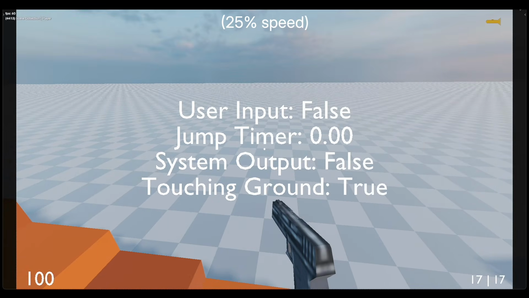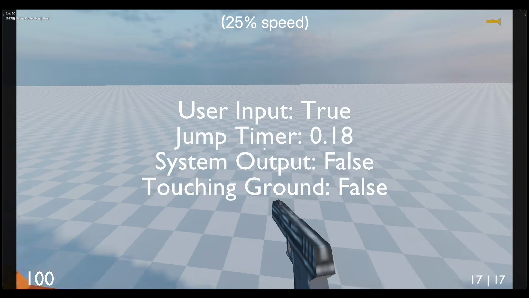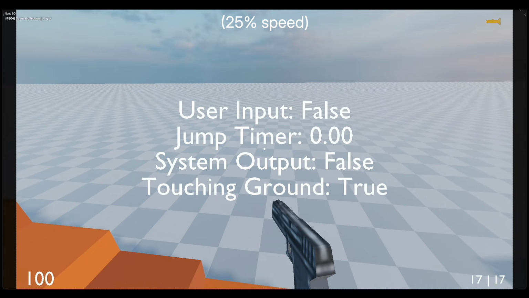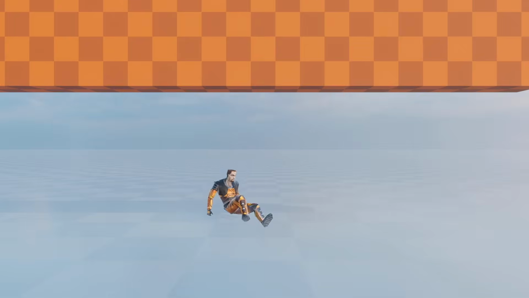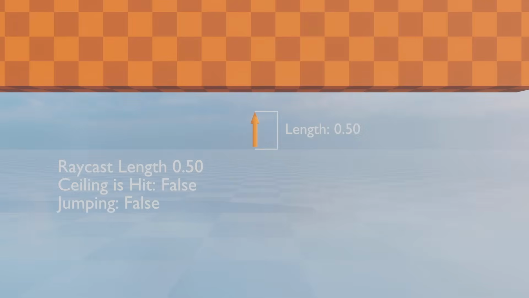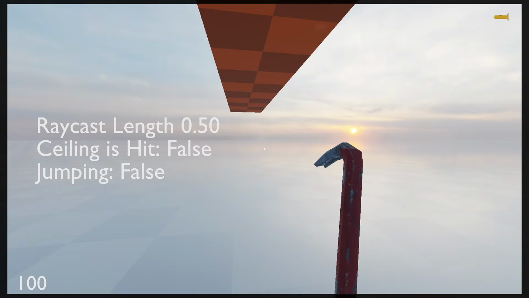Managing edge cases is important, and a lot of the time it's basically impossible to eliminate all of them, but there are some big ones. With jumping, one of the more obvious is the potential to jump into a ceiling. This works in a pretty similar way to regular collision, where there's a check to measure that the player isn't too close to a ceiling. A raycast points upward and measures the distance to a mesh above the player,